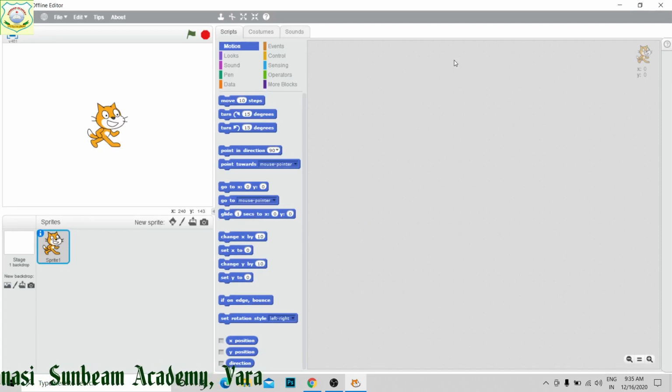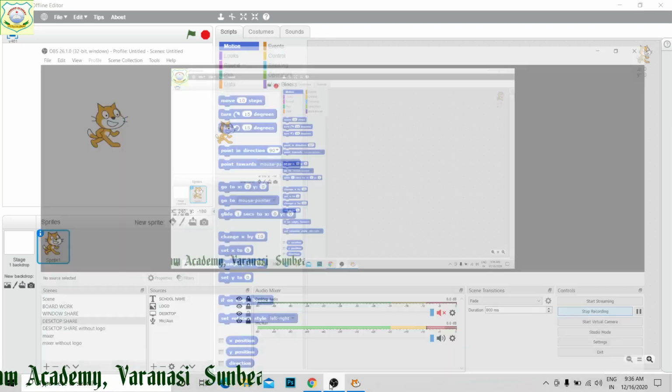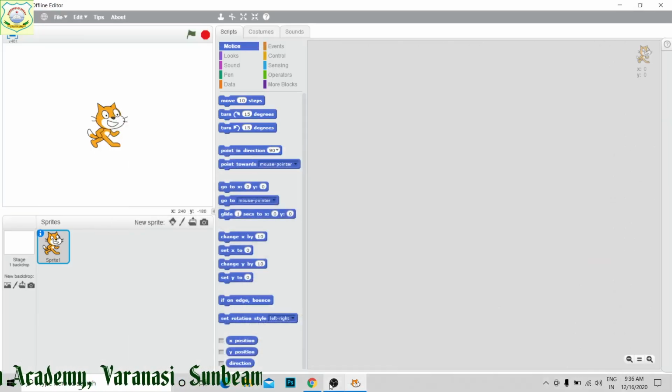Pre-assigned is that into which earlier we have to define the value of the variable, and as per that variable it will give the result. Every time the value will remain fixed for the variable. While in the case of post-assign, when we run the program, after running the program, it will ask for the value of the variable, and as per that variable value, it will give us the result.